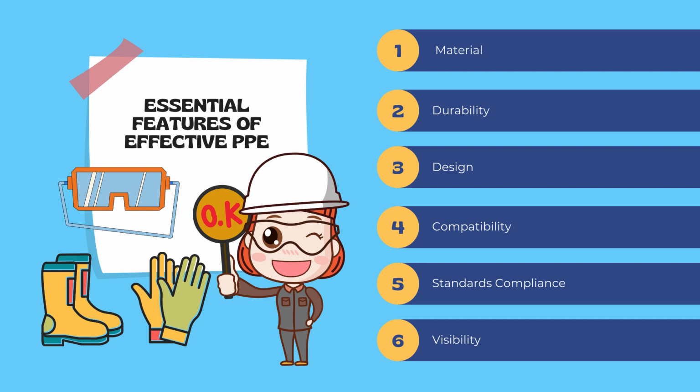Look for PPE certified by organizations like ANSI, OSHA, or NIOSH, which indicate that the equipment has been tested and meets minimum safety requirements. Visibility: in many machining environments, high visibility clothing or markings on PPE can be essential for worker safety. Reflective materials, bright colors, or glow-in-the-dark features help ensure workers are visible to others, reducing the risk of